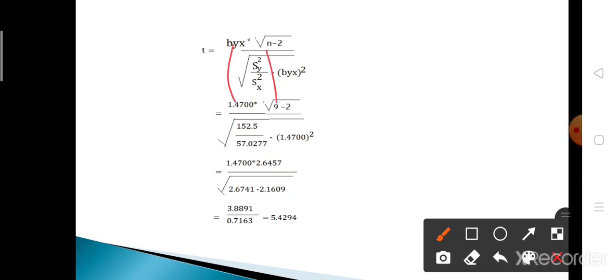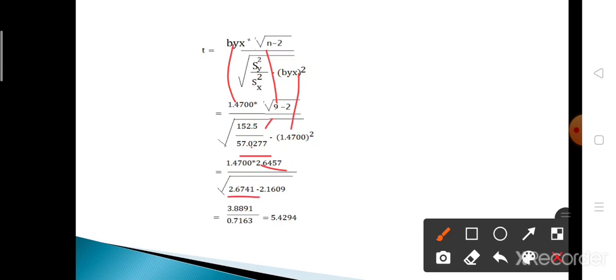So 9 minus 2, divided by square root of sy square value, which is 152.5, divided by sx square value, 57.0277, minus byx value 1.4700 square. Okay, 1.4700 into square root of 9 minus 2. Square root of 9 minus 2 is square root of 7. So the value is 2.6457, divided by 152.5 divided by